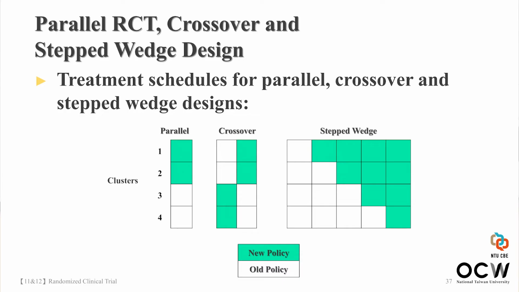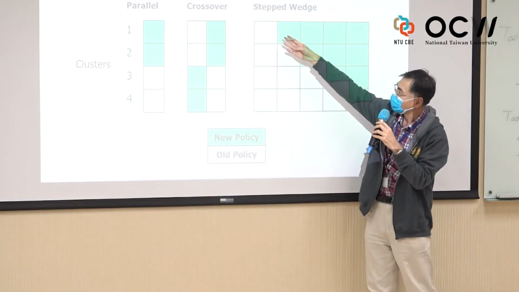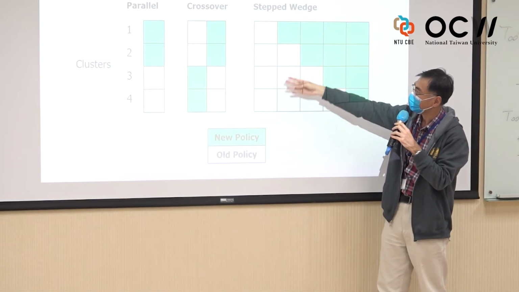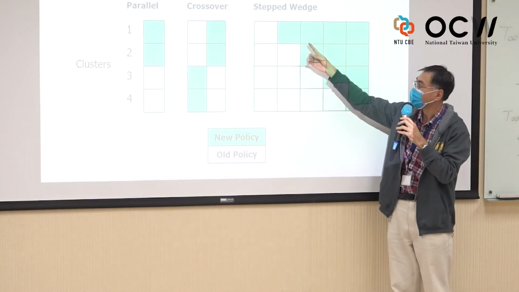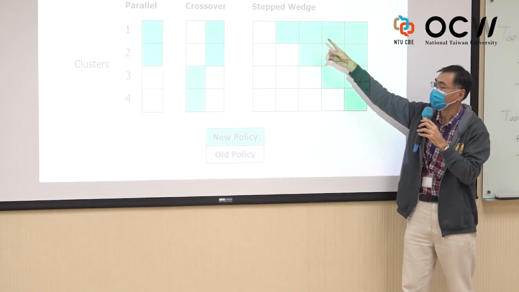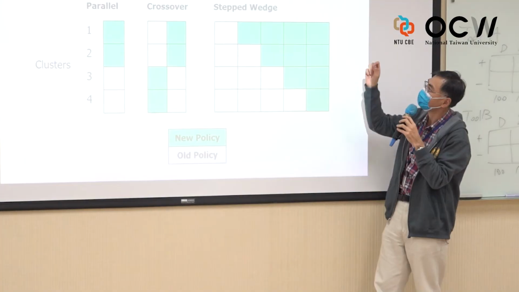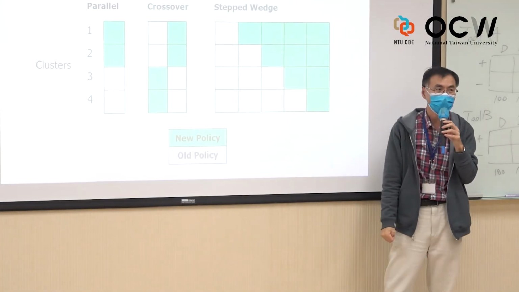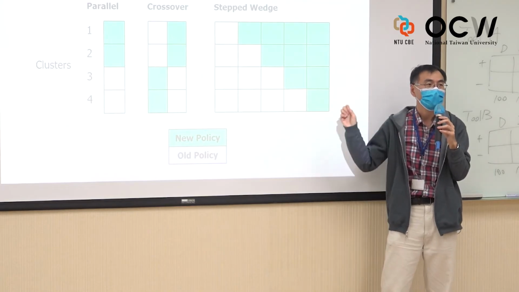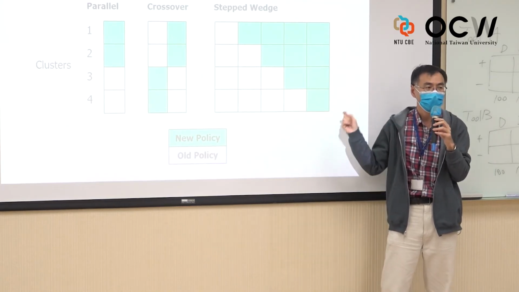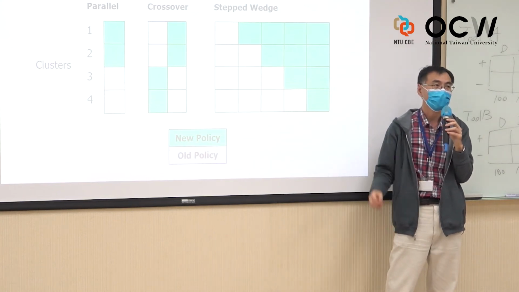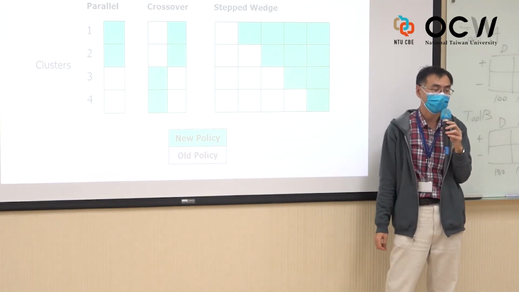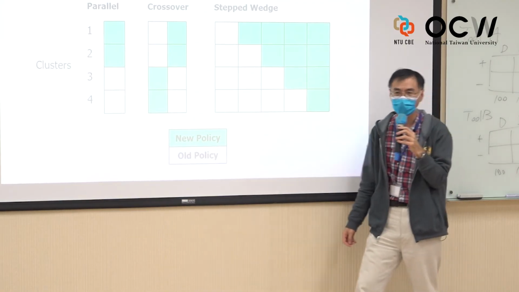So the other possibility is that, so in the very beginning, the 4 city or county were not on a new policy. And then we decide that the order to join the policy randomly. This is called a step-wedged randomized controlled trial. This would be the most feasible way to do it for the application of a new policy. And it still works like a regular randomized controlled trial. This will make it very feasible,